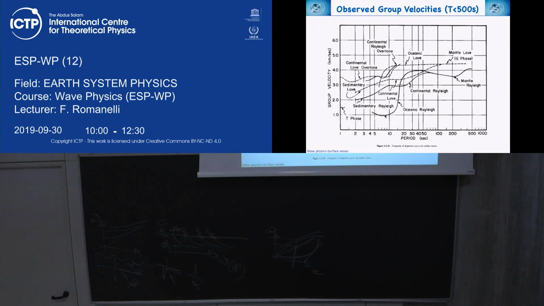Can you tell me why Rayleigh oceanic is going so low? That's the lowest curve, right? Look at the label. This is called oceanic. What does it mean? It means that we have water in the path. So actually, when you go to short periods, the Rayleigh waves are trapped in the oceanic part. And that means that we have 1.5 wave speed. The velocity can be lower. Actually, we are feeling water. While Love waves are not so low on average,